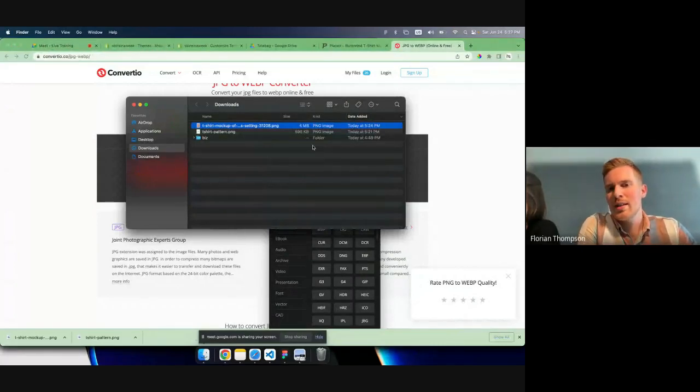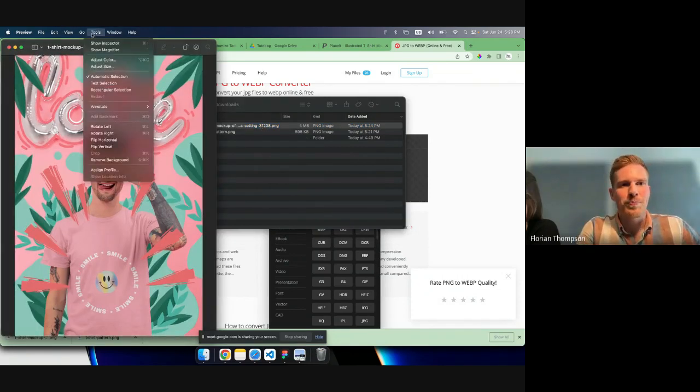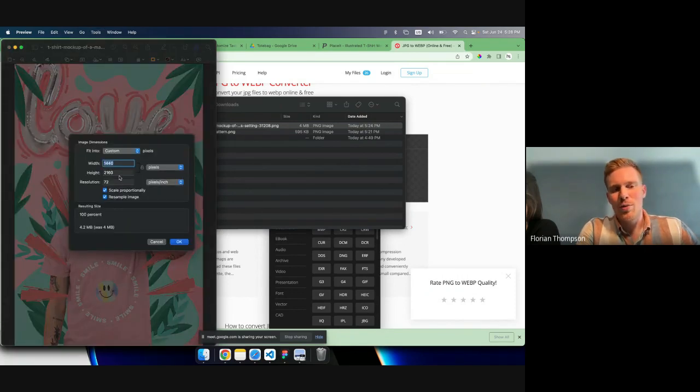Perfect. So now you can see it's 4 megabytes and it's also a PNG. So these are the two red flags we're looking for. We don't want the PNG and we don't want the MBs. MBs are usually really bad. And then if you're on a Mac, you can easily just adjust it. You can go under Tools and then Adjust Size. And as a reference,